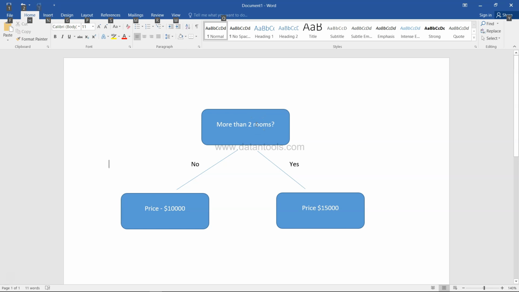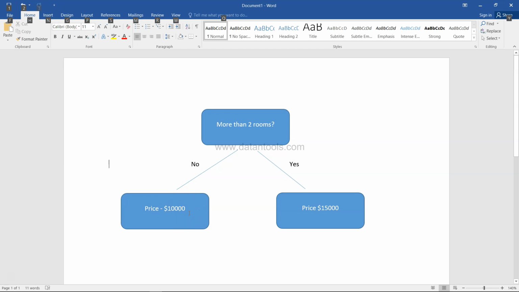One of the major factors in deciding a house price in real life is how many rooms it has, whether it has 1 room, 2 rooms, 3 rooms, and accordingly the prices increase. The same, if you see it in the form of a tree, has 2 branches, branch 1 and branch 2, and with the help of these 2 branches we are figuring out what the price would be. And these branches are conditional branches, as you can see. First is no, so the condition is no, and another condition is yes. Does it have more than 2 rooms? No, it does not have more than 2 rooms. So the price is